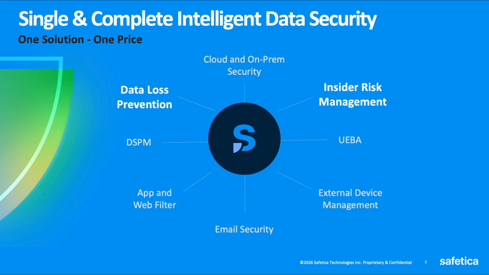We also have a CASB aspect to our product, hooking into Microsoft 365 and some other areas as well, for enhanced security, as well as a DSPM looking for data at rest within organizations, applications, and web filters to either allow or restrict folks from using certain apps and websites on those company machines. The email security that I briefly talked about, also dealing with external device management, as well as the UEBA side of things, or user and entity behavioral analytics, but it's easier just to say, again, a combo of that and insider risk monitoring and management.